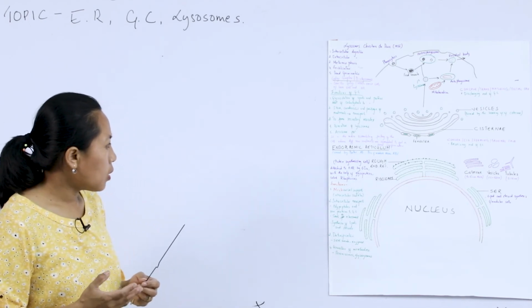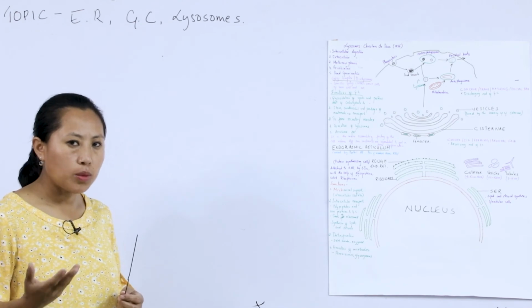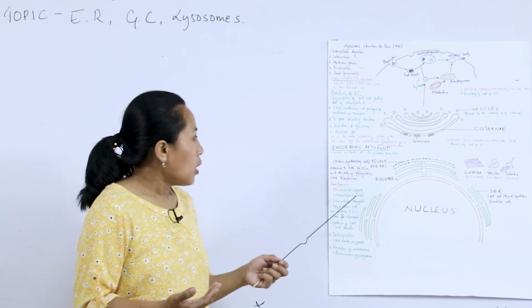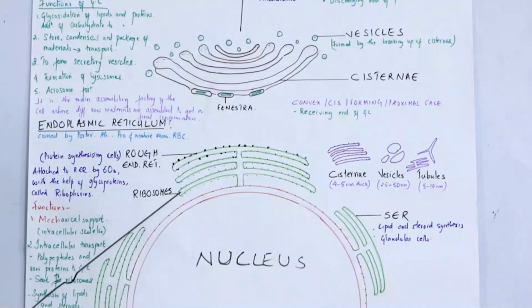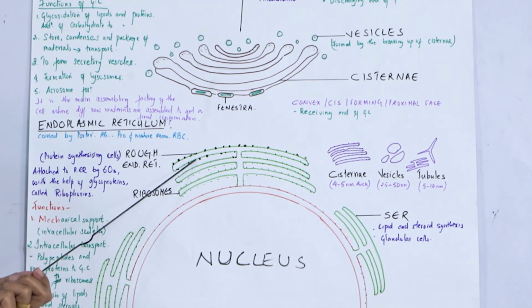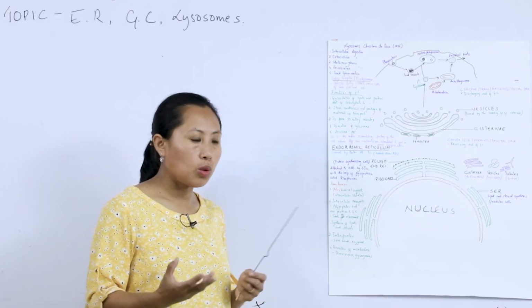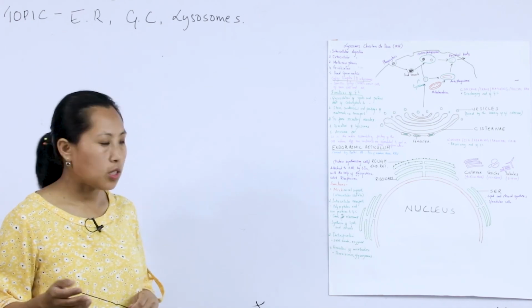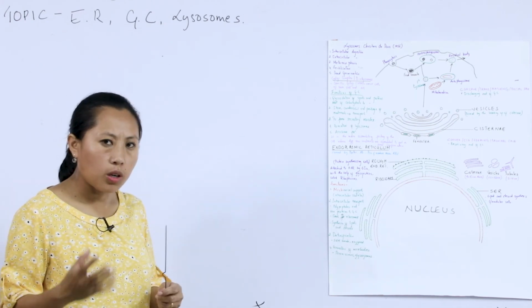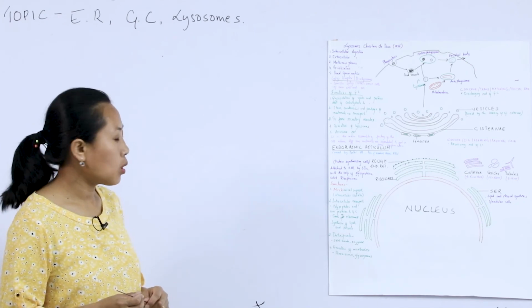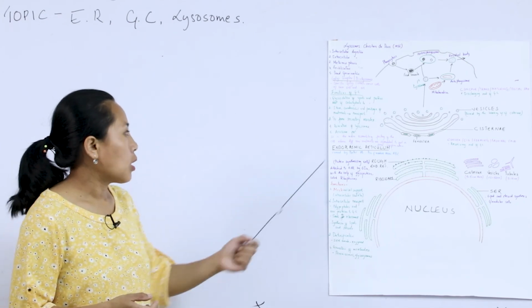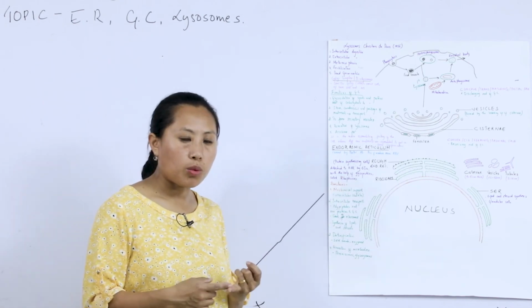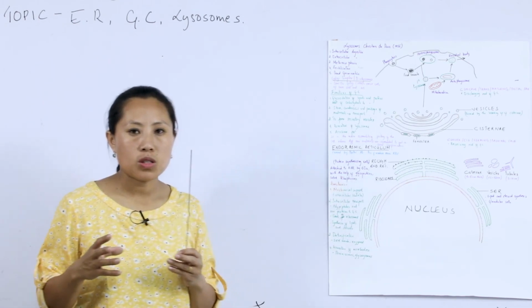These ribosomes are attached to the ER by means of the larger subunit, and the polypeptides and proteins that are synthesized in the endoplasmic reticulum, particularly rough endoplasmic reticulum, are transferred into the Golgi complex, where they undergo modification to get a final conformation. As such, the Golgi complex is also known as the assembling factory of the cell, where different materials are assembled to get a final conformation. And glycosidation, that means formation of glycoproteins and glycolipids, which act as receptors on the cell membranes,